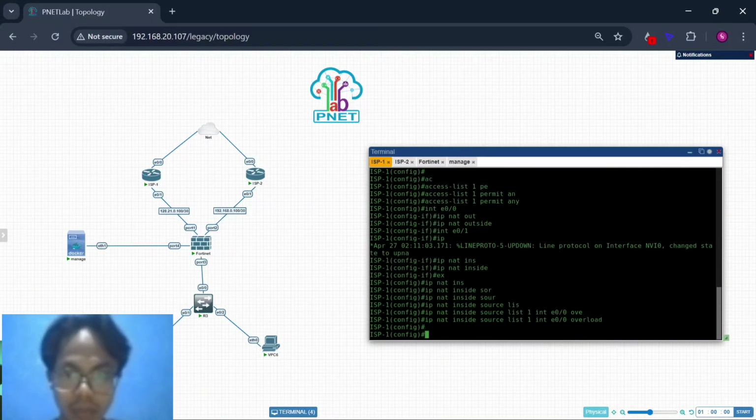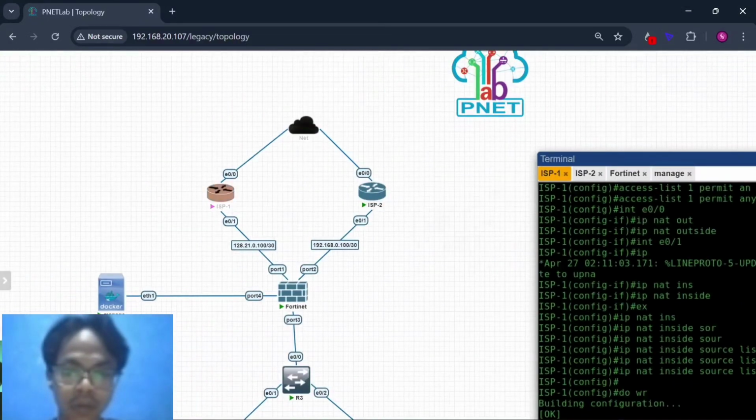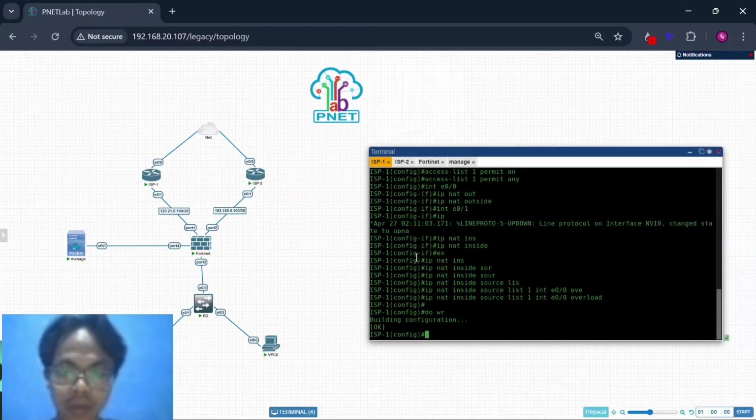I use overload, so write the interface ethernet 0/0 as ip nat outside, and ethernet 0/1 as ip nat inside.